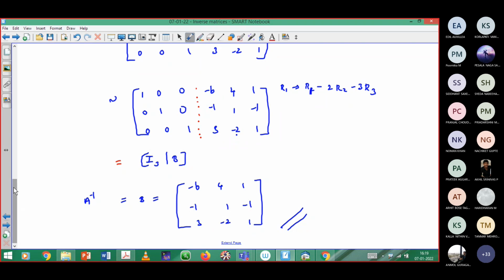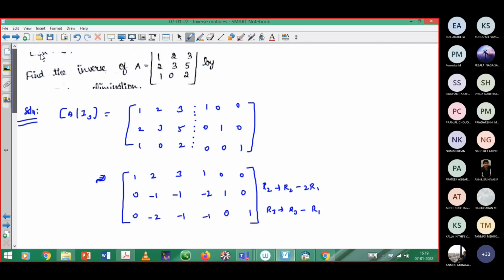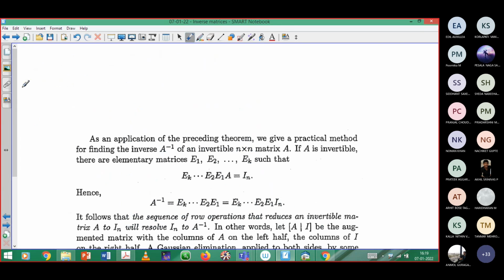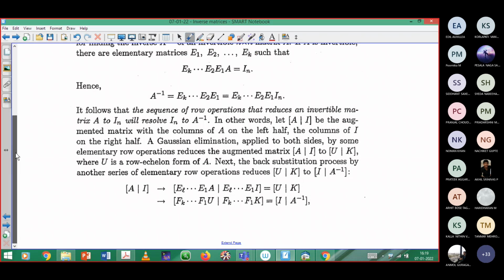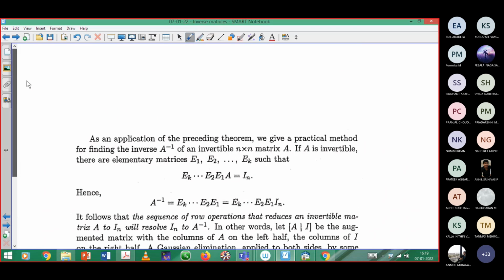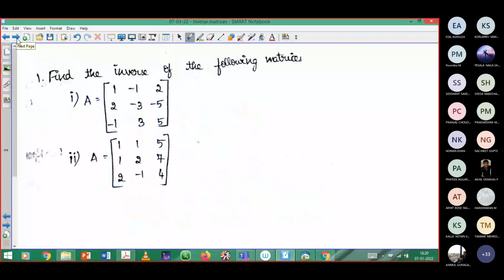Yes. Okay. In this related hint they are given; if required, you can go through that. Otherwise, not an issue. I'll talk about elementary matrices and their definitions later in the next class. So this is the procedure. I'm giving problems for your practice. Please try to solve these two problems, then only you will get the idea.